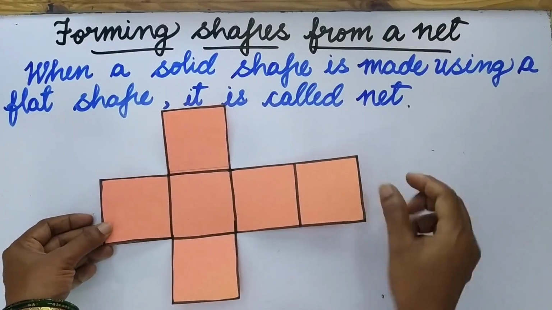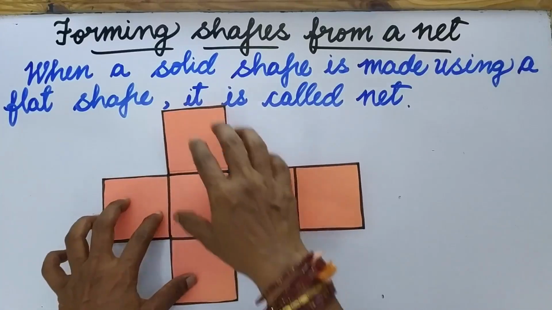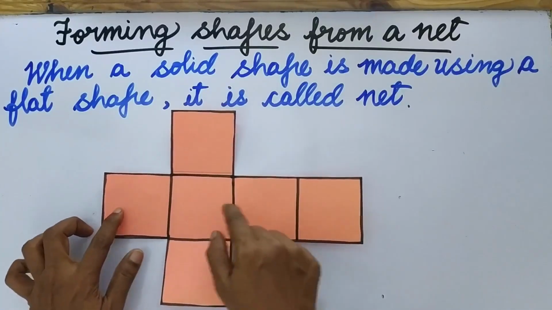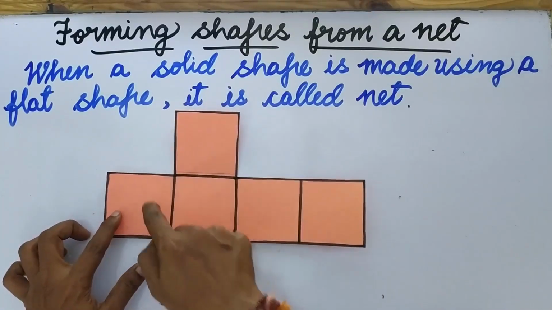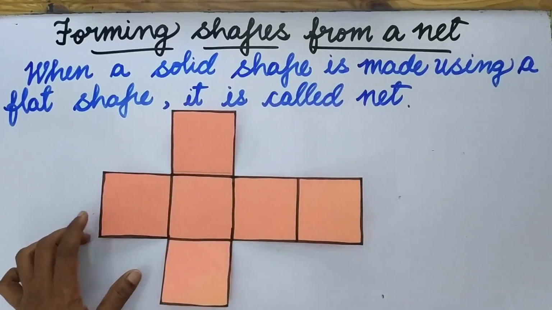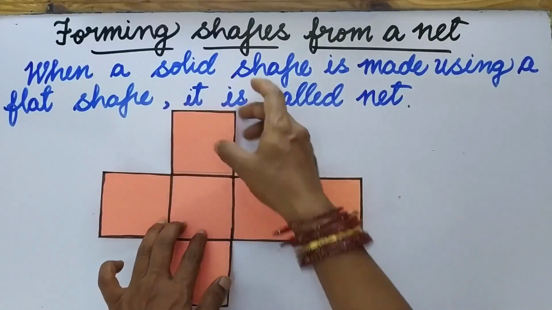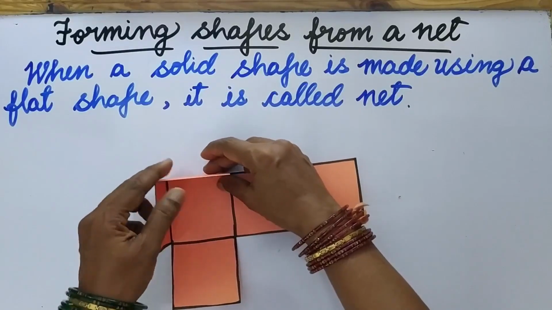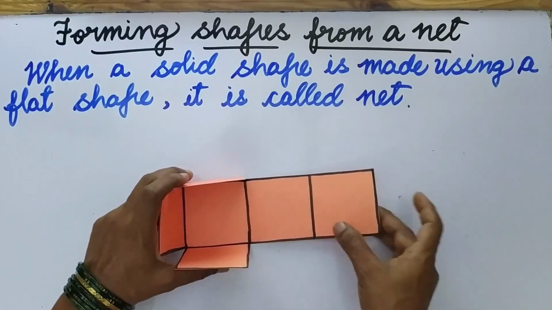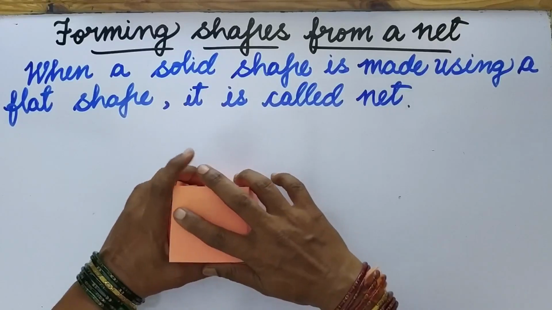How to make it? This is a net. Draw 6 faces like this and each face will be square. Then on the lines drawn, if you fold it properly, then this will become a